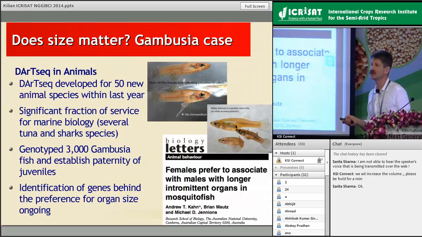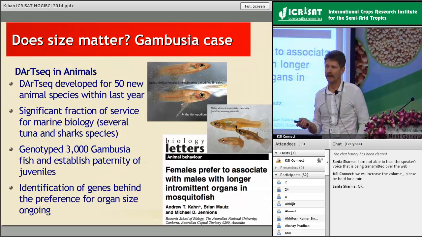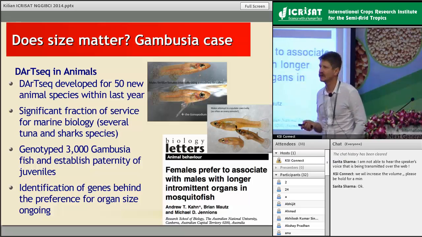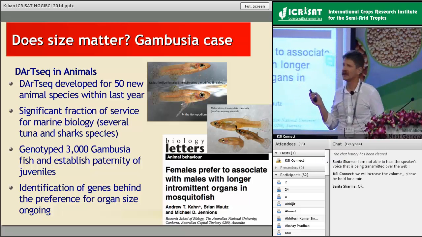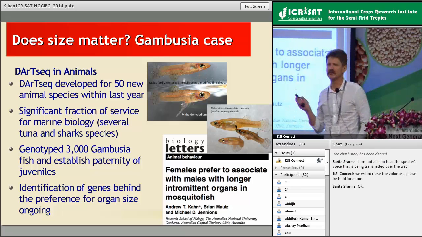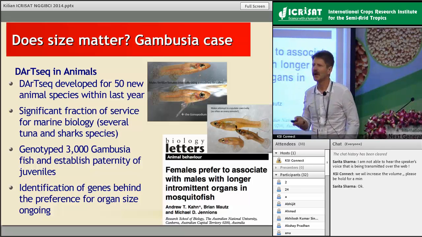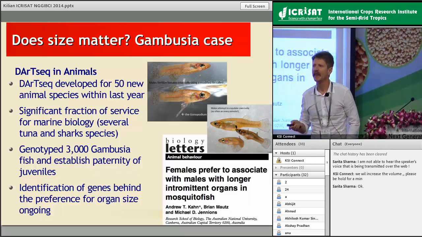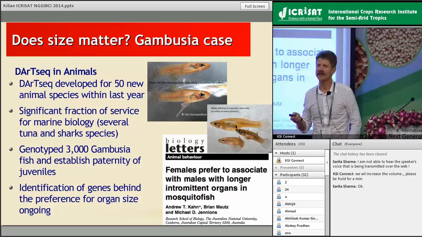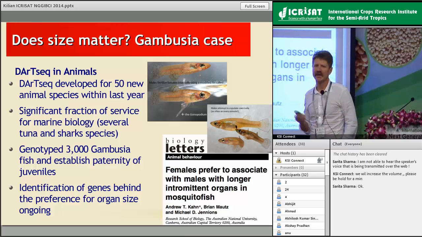This is just to tease you and wake you up. An example from animal studies that we've done just last month. I thought that no one will talk about that. I refer to this because I remember my talk about 10 years ago. The title of the talk, Size Does Not Matter. And it was with the reference to DArT technology being able to work with any genome size and any ploidy. And I have to say